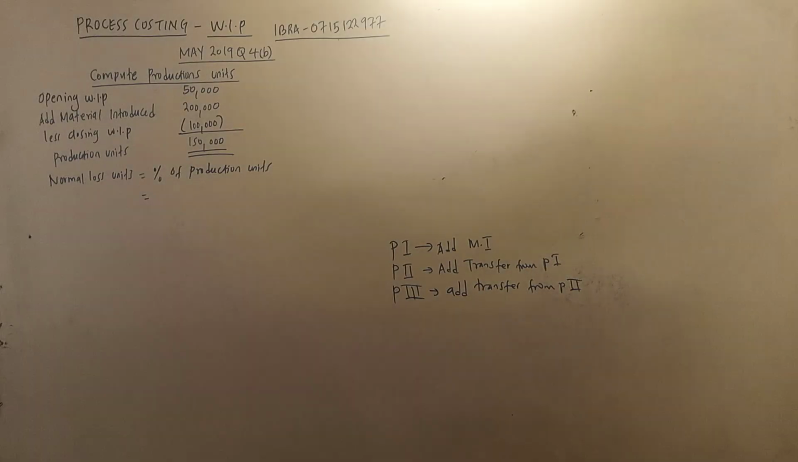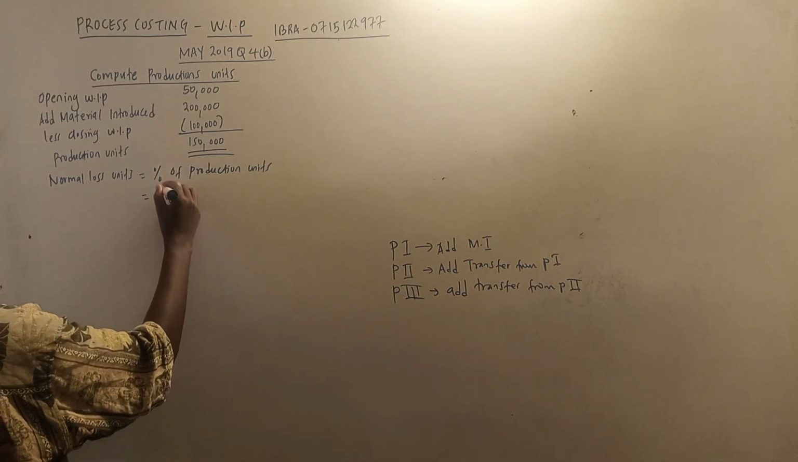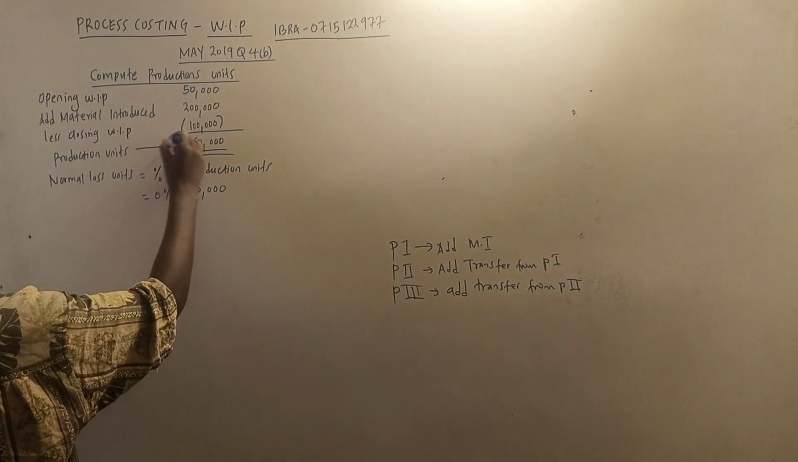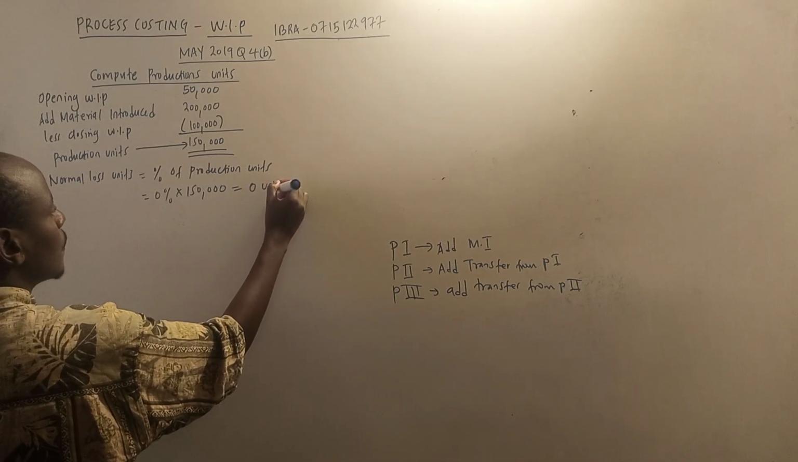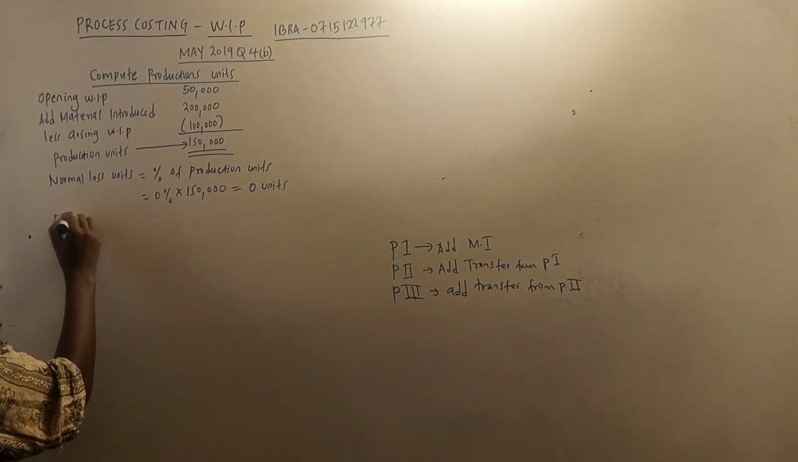Now, if we read the last information, information number 3, it says that there were no losses. So in this case, losses is 0. So it is 0% times production units. Here the production units are 150,000. It becomes 0 units. And then we also need to determine expected production,